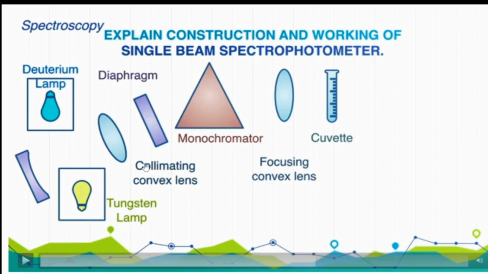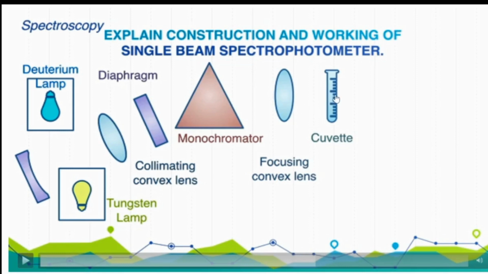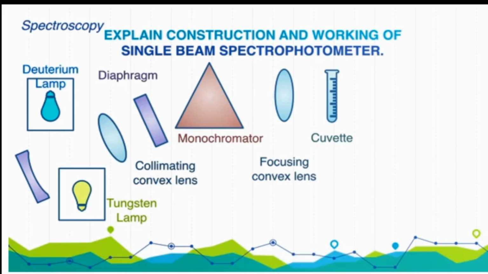We need to understand the solution to be tested is taken in the cuvette, and what material is used for constructing the cuvette in the case of different types of sources. It is placed in quartz. The diameter of the pellets is 10 mm and the thickness is 1 mm.